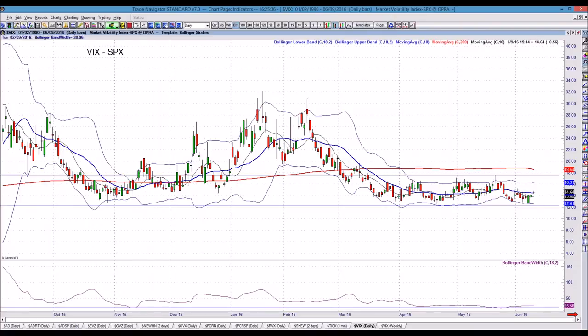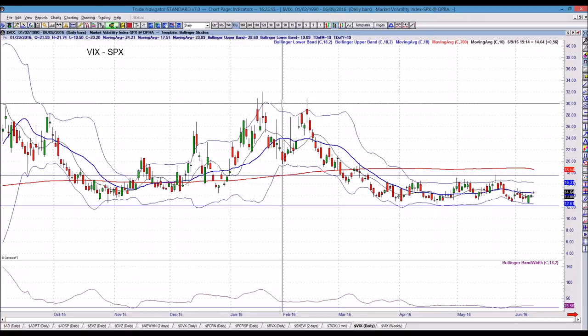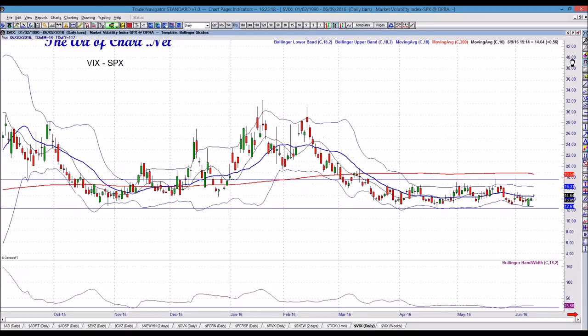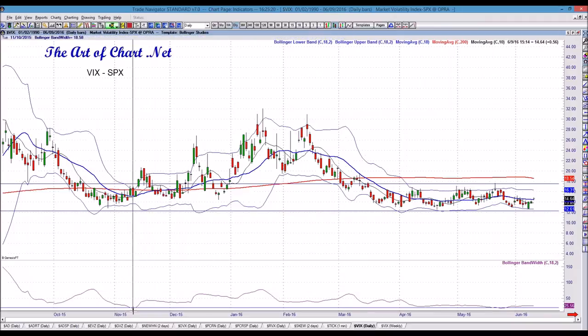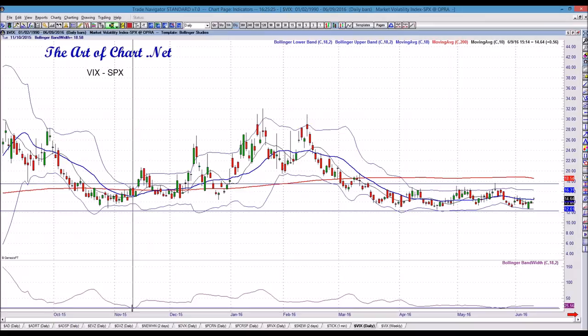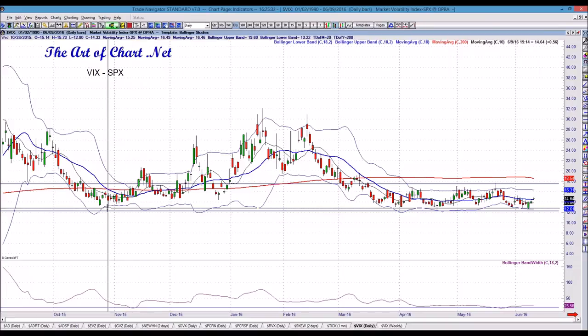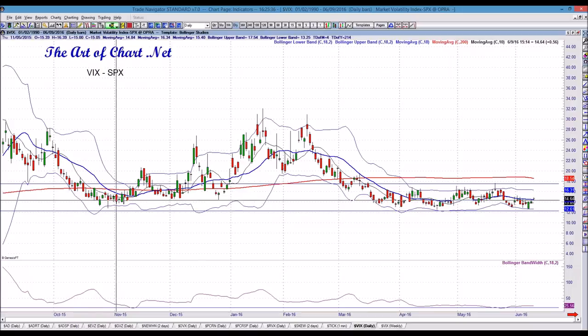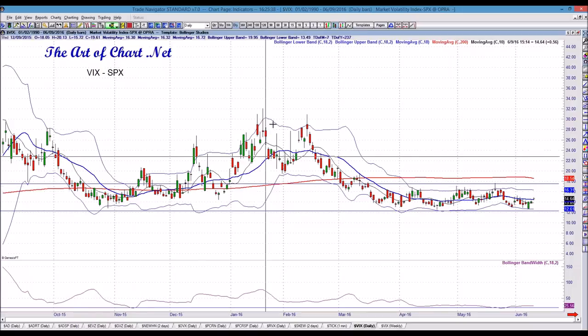So 20 on Bollinger Band with the VIX. When the VIX compresses and the VIX is low like this, it's a signal that there's an expansion of volatility coming. Now, I've traded different types of VIX instruments, and this is one of the things I look for. I don't try to get involved in a VIX instrument playing it long unless I see a pinch like this and something low like this, and even a touch of the lower Bollinger Band. It's an excellent opportunity to get in. So a pinch like this leads to an expansion.